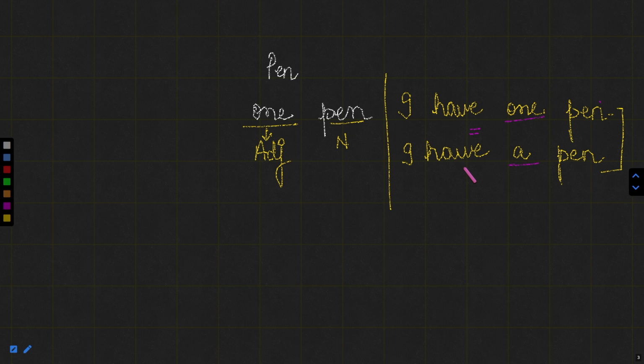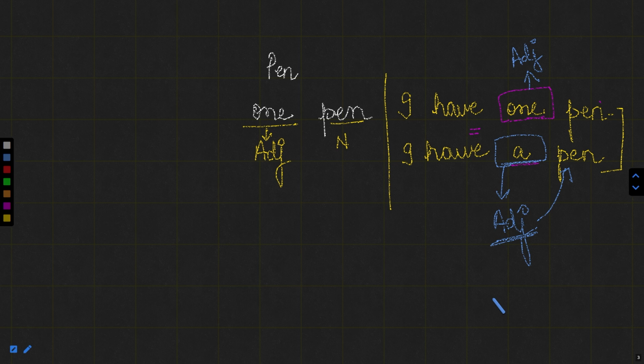Now one most important thing is that one can be defined by the word a. But here, if we have any idea about the parts of speech or the word which qualifies a noun, this one is actually an adjective, and that we know very well. Now, if I see this a, it is also playing the same role. That means this is also an adjective, because this is also qualifying a noun, and any word which qualifies a noun is an adjective. Though it is also known as a determiner.